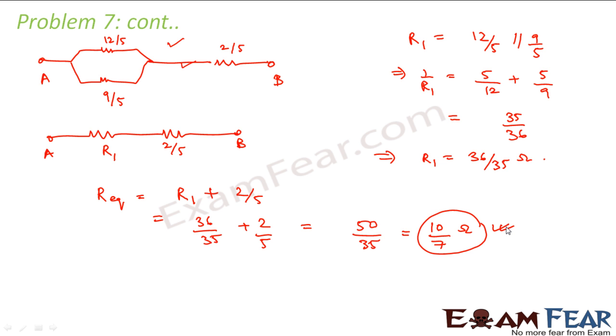So this is how we used the delta star transformation method in this problem. Delta star transformation helps us to transform a delta into a star. But it is very important that you put correct values of the resistances on the arms of the star, right? This method can be used as an alternative method to Wheatstone. It can be used as a method for an unbalanced Wheatstone bridge.